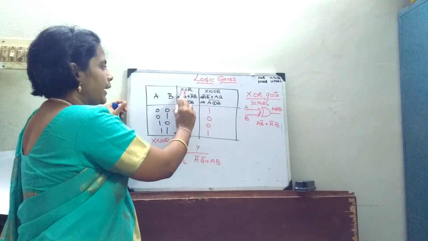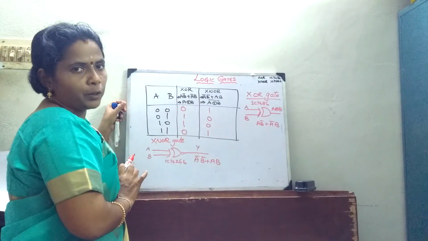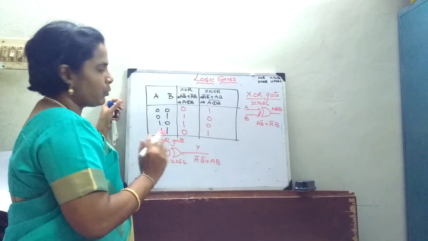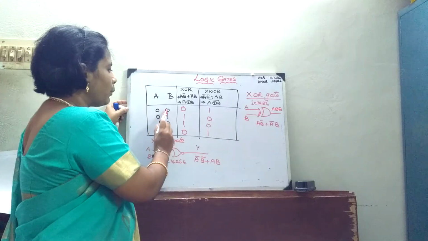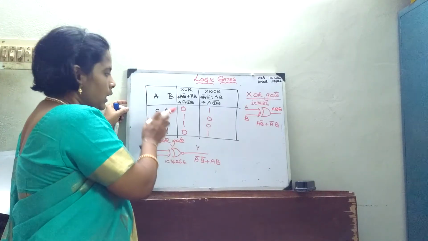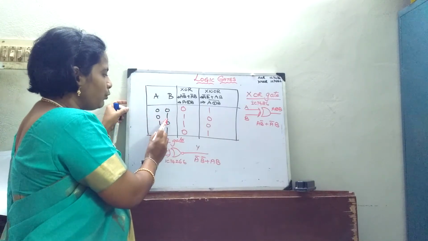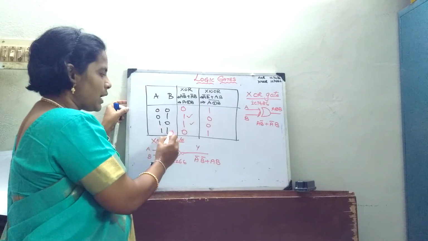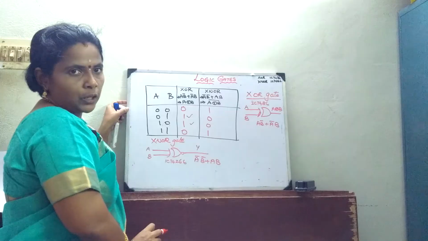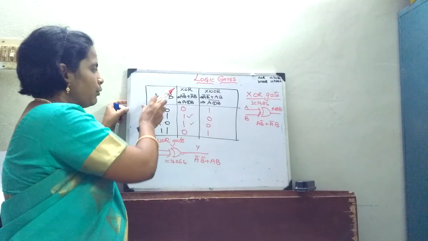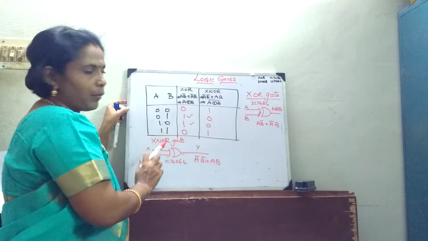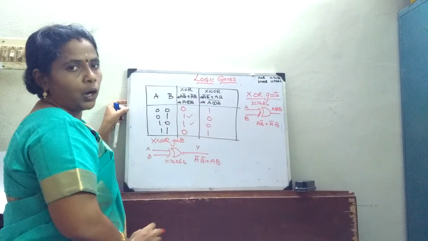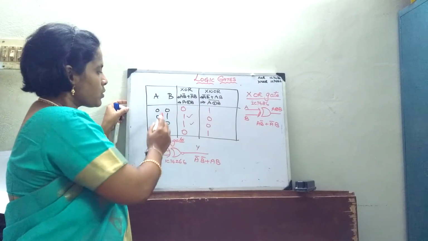So XOR and XNOR are going to be complements of each other, just as we have seen AND and NAND, then OR and NOR. So here whenever I add 2 bits, if any of the inputs is 1, I am getting an output. If both the inputs are the same, output is 0. In other words, if the input has an odd number of ones, then you will have an output. Okay. So this is a condition.